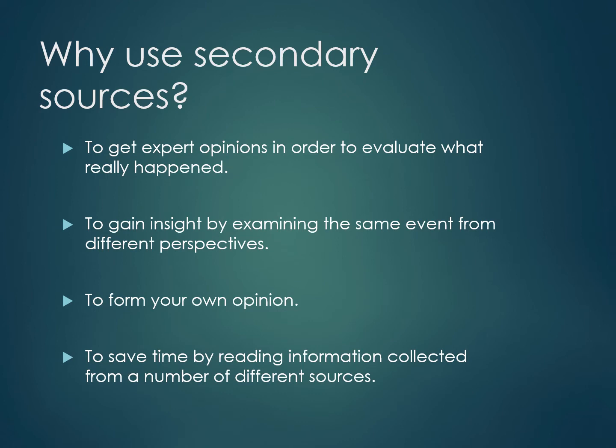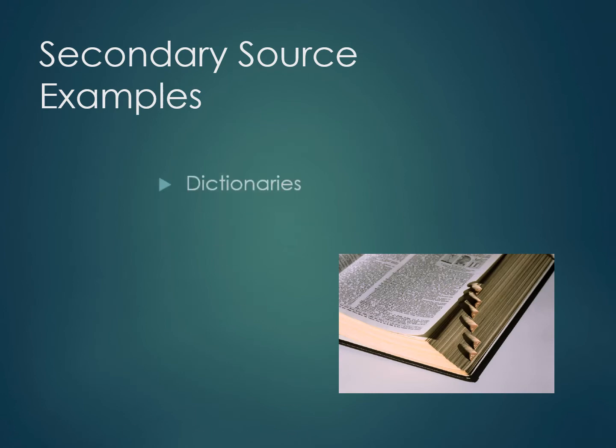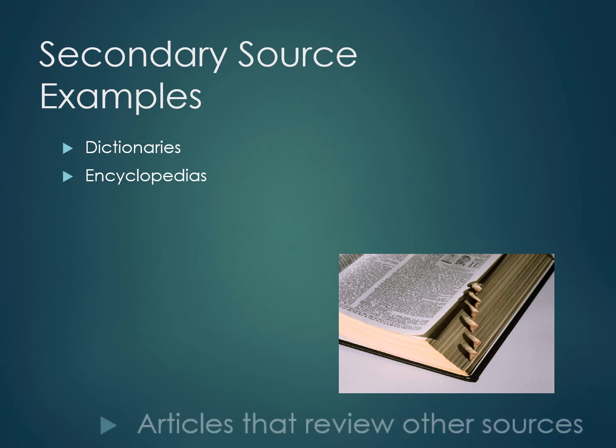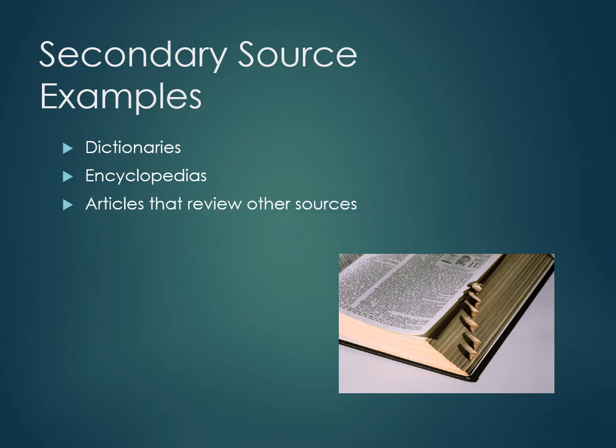It can also help us save time by reading information collected from a number of different sources. If we're looking for primary sources of photographs of some event, and we look in a textbook or some other book about that, they likely already have a lot of the primary sources gathered. So it'll save us time looking for things. Some main examples of secondary sources would be dictionaries, encyclopedias, articles that review other sources, textbooks,